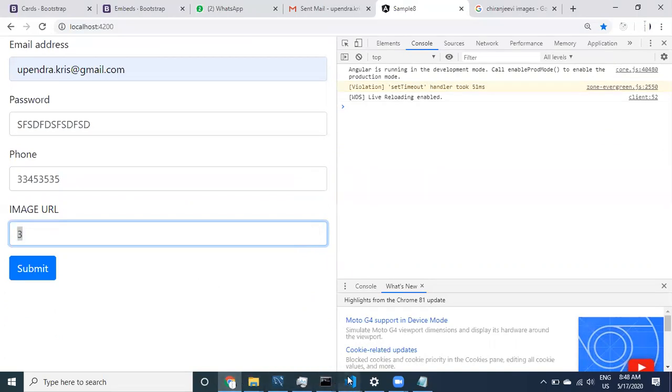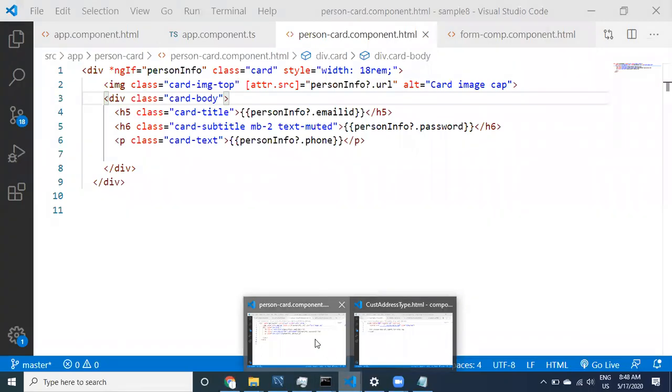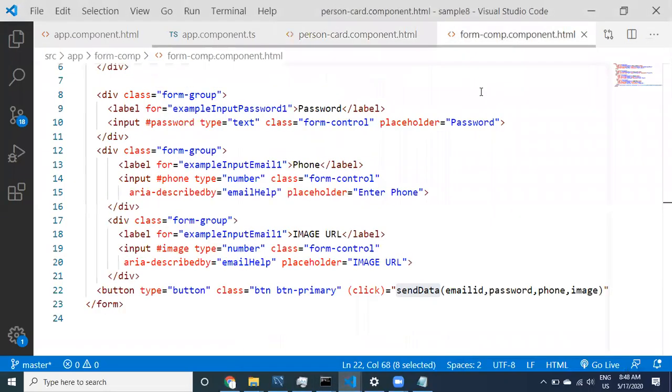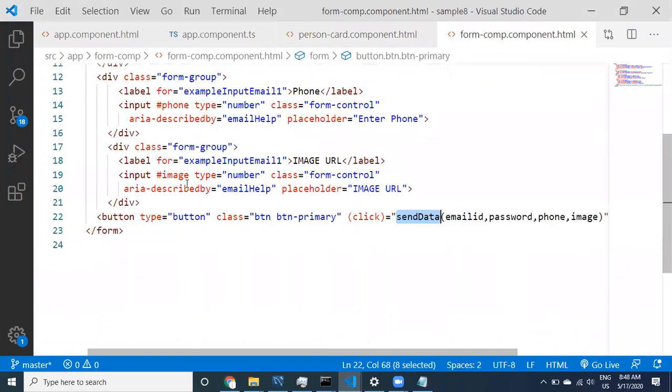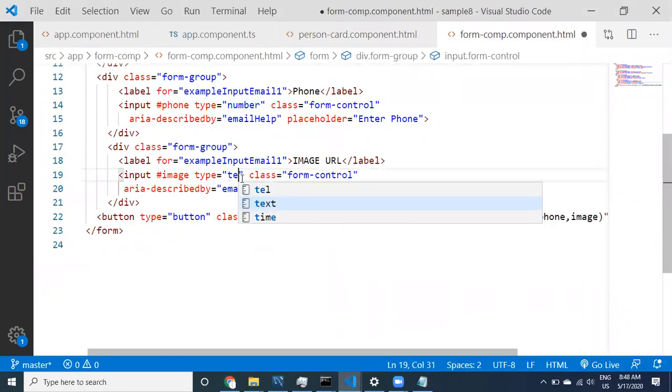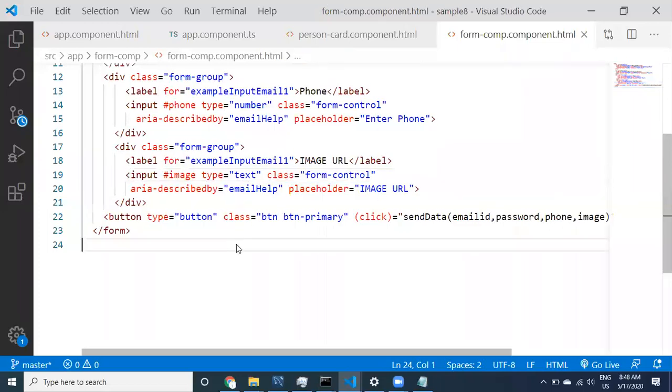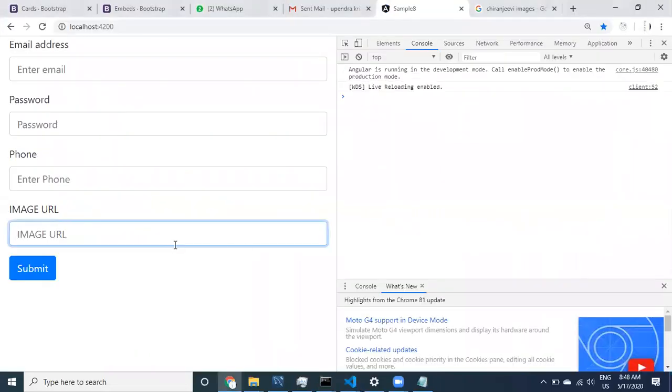That's why I have to apply a change in the form component HTML. See here, guys, the type you need to take is text. All right, now come back to here. See image URL, you can copy paste now, and then check it out. Yes, whole information is available, I guess.